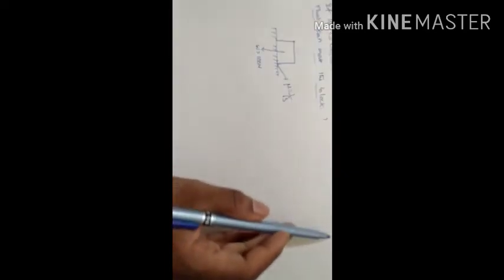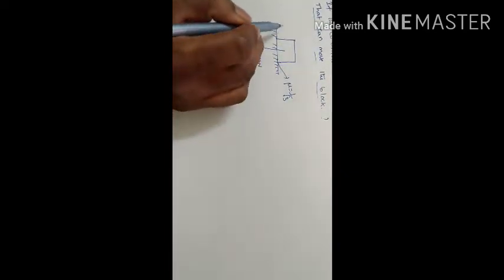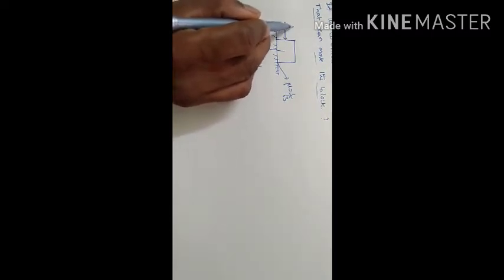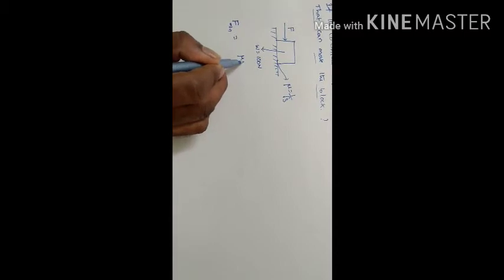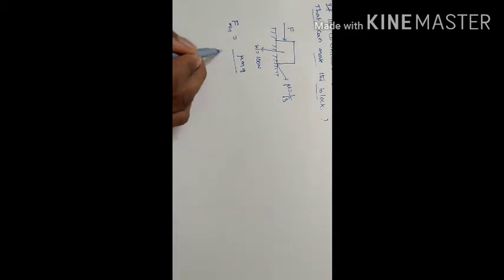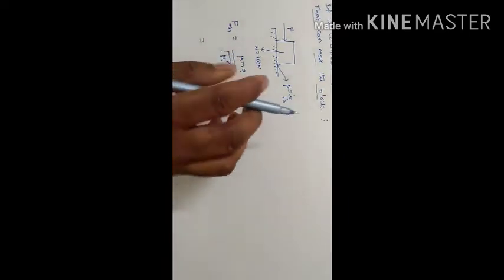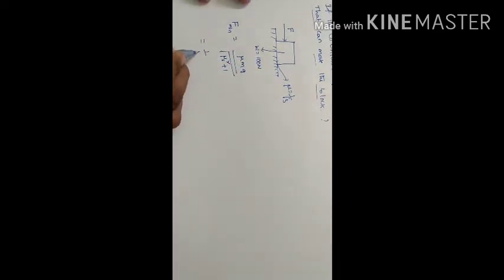Next, what is the least possible force that can move the block? How much force do we require to move the object? I already gave you some formulas based on this data. We need to use F minimum equals mu mg by root of mu squared plus 1. That is the formula. Here mu is equal to 1 by root 3.